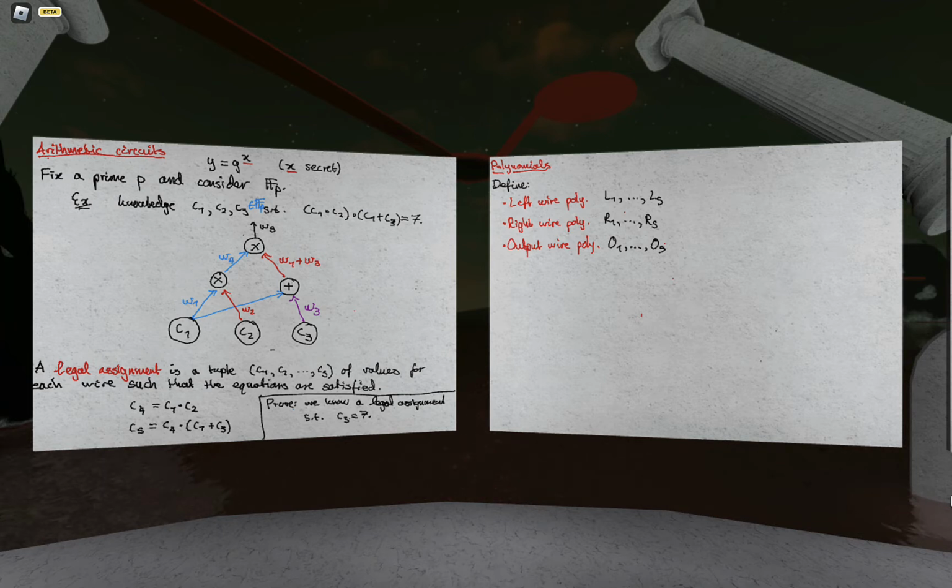And notice that we have the same number of each, so we don't have 5 left wires. What are we going to do? Well, we're going to set those polynomials to 0. Okay, so our constraints, we want it to work out so that, I've forgotten to label something else on this